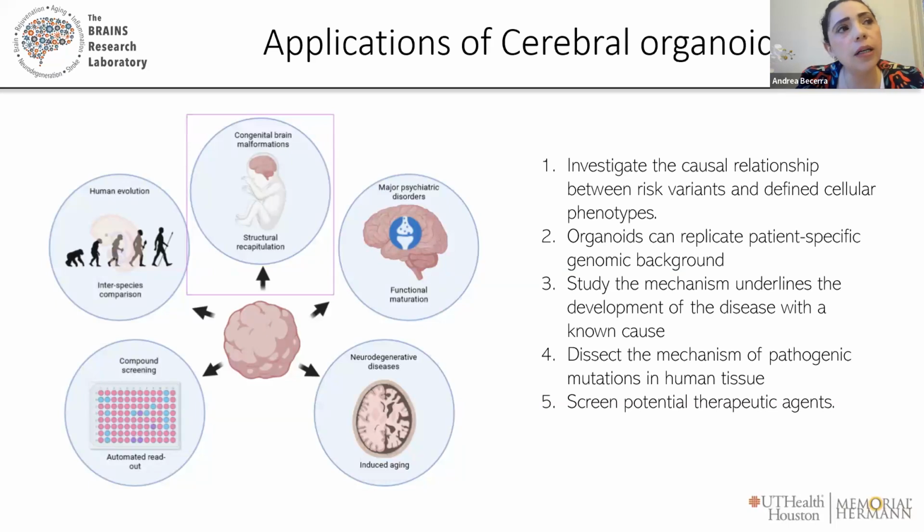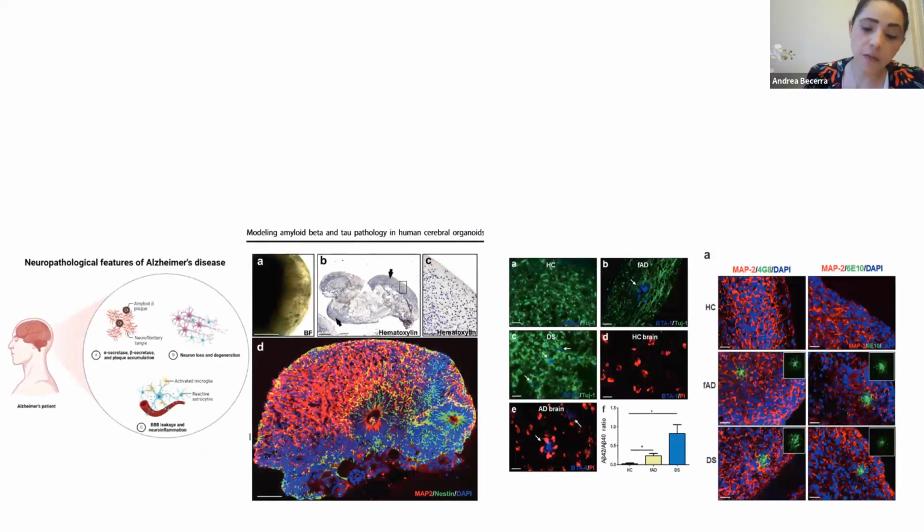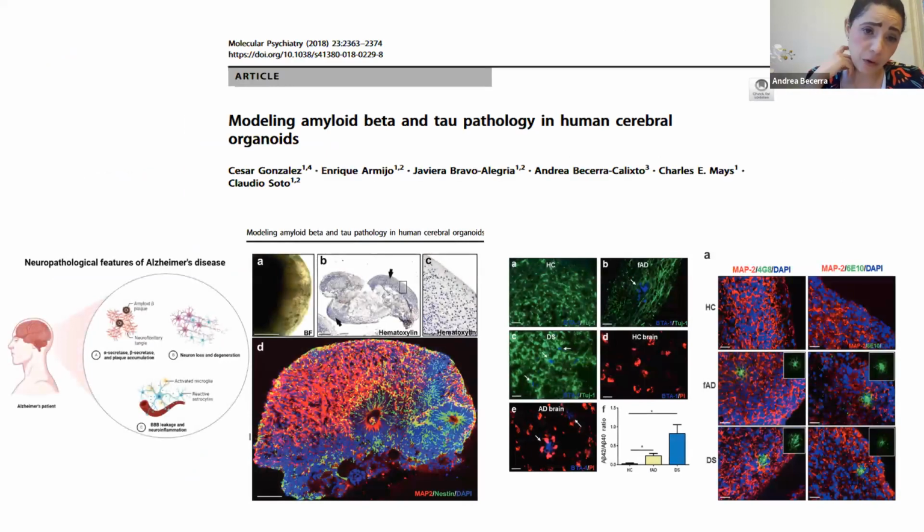Today, I will show some studies that I have participated in, mostly using organoids as a model of neurodegenerative diseases. The first model that I participated in is modeling of amyloid beta and tau pathology in human cerebral organoids. Briefly, the neuropathological features of Alzheimer's disease are amyloid beta and tau pathology: alpha secretase and beta secretase produce an accumulation of these proteins, producing the plaques and